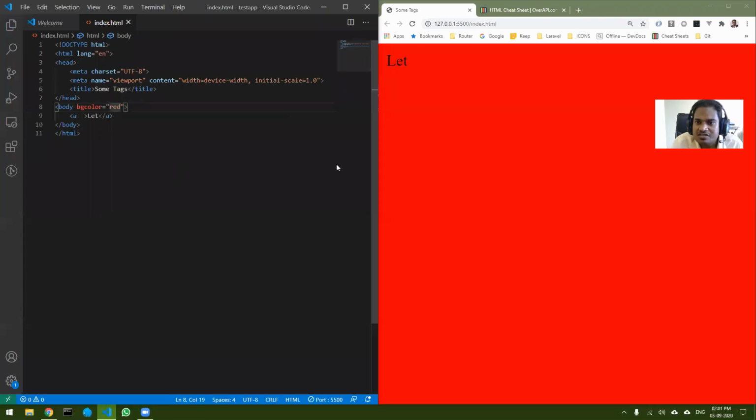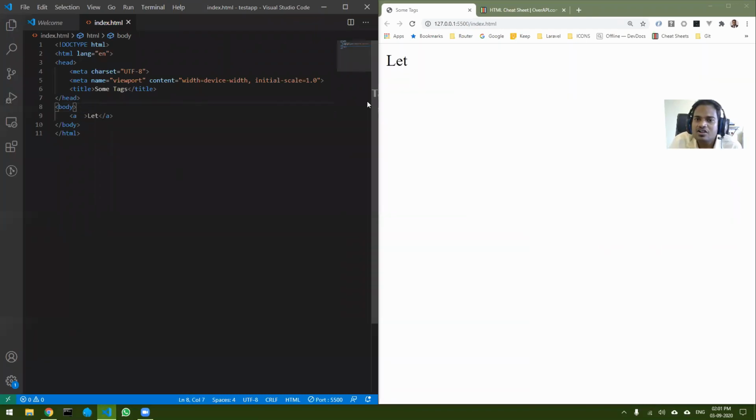So this is how you can set the background color, but again, this is not the way we do it right now. We do it with CSS, not with HTML. All the coloring, all the styling, in fact the positioning of elements, everything is done using CSS. HTML is like the building block. You are just giving the structure, and then the design is done completely using CSS. So you have to keep that in mind.